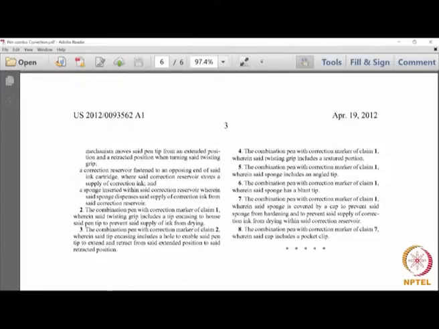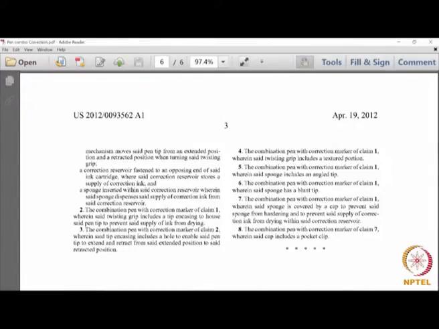Now here claim 1, which we just saw, is what we call an independent claim. It is independent because there is no need for you to refer to anything else to understand the claim. Whereas claim 2 onwards, all the other claims here are dependent claims, and we call them dependent because you cannot get the full essence of those claims without having to read some other claim.